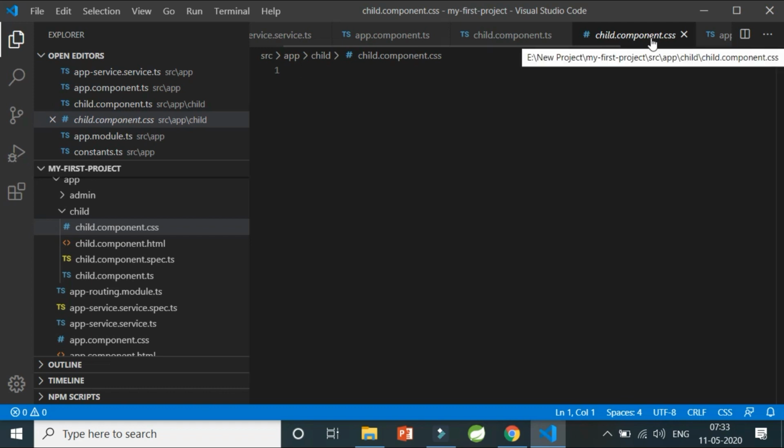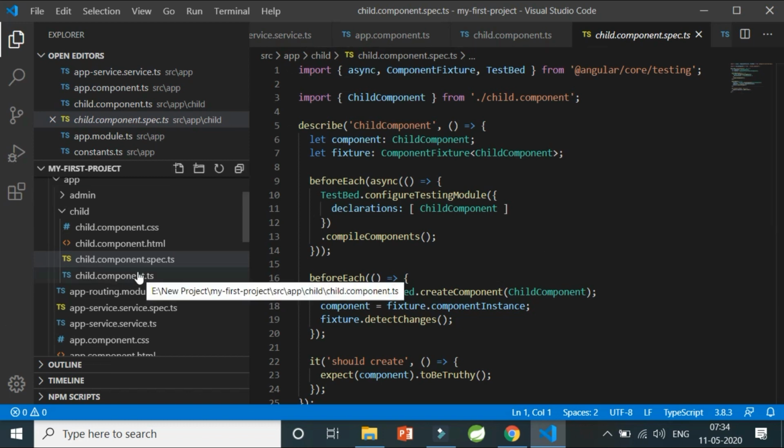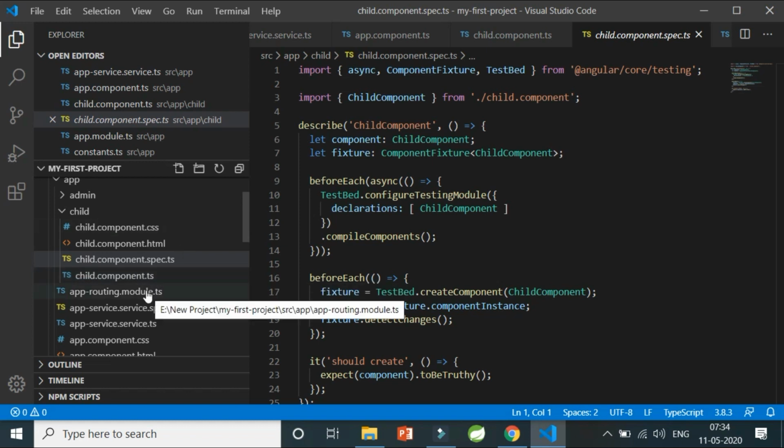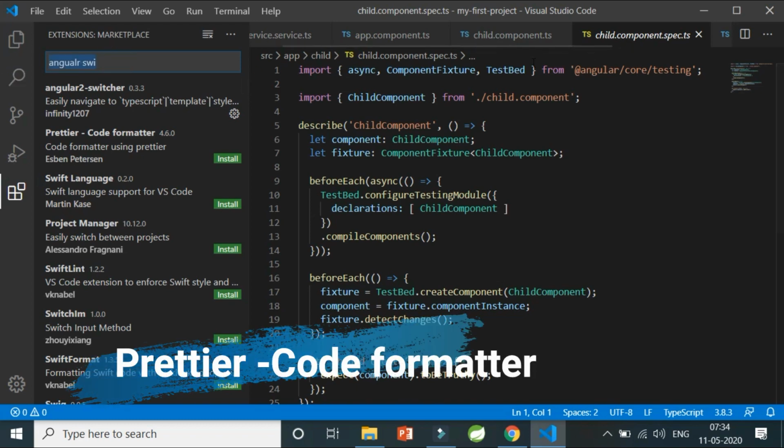So this is how you can go to and from the TS file to HTML to CSS to spec.ts by Alt P. This is how you navigate between the files in the particular component. But remember, this is only for one single component, not for different components. So this is how it will make your life easy when you code in a particular component itself. Now the next extension is nothing but Prettier.